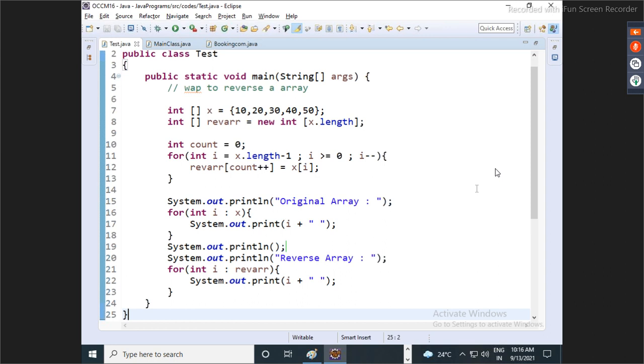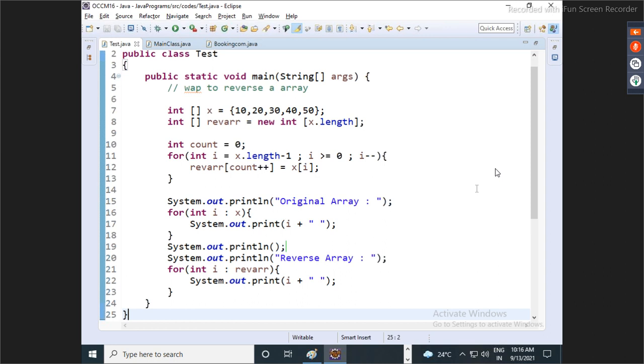First program: write a program to check whether a particular number exists in an array or not. Done with the copy?